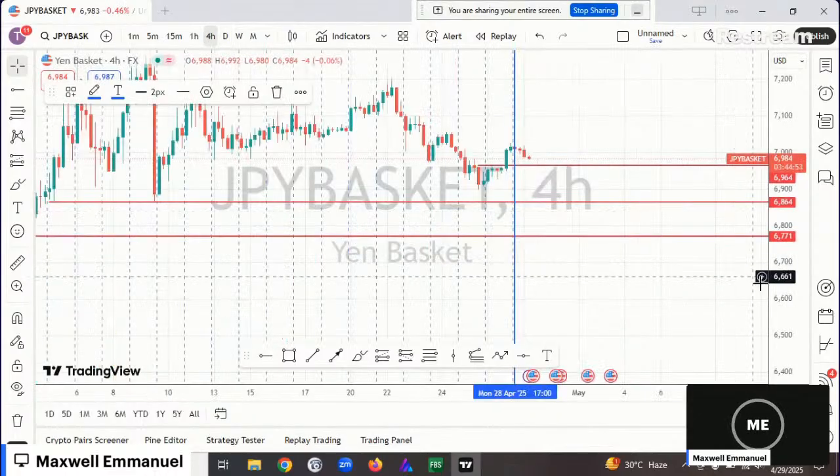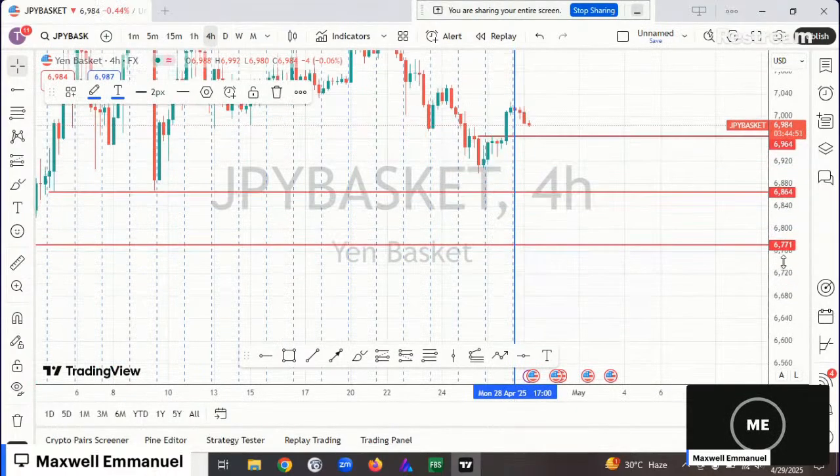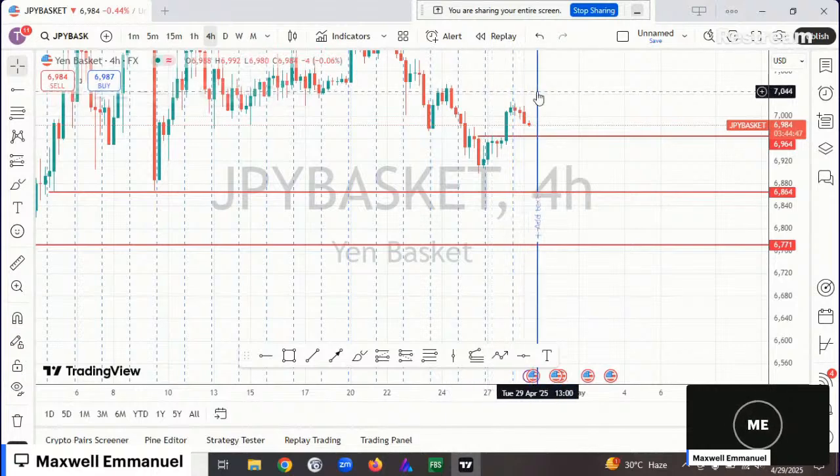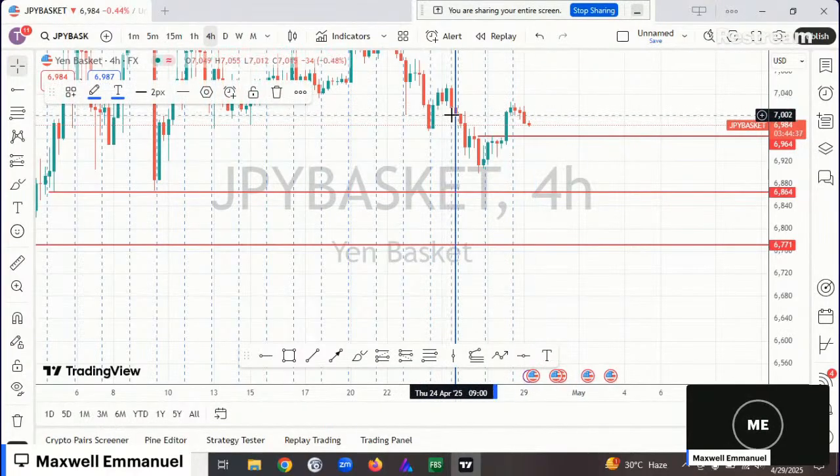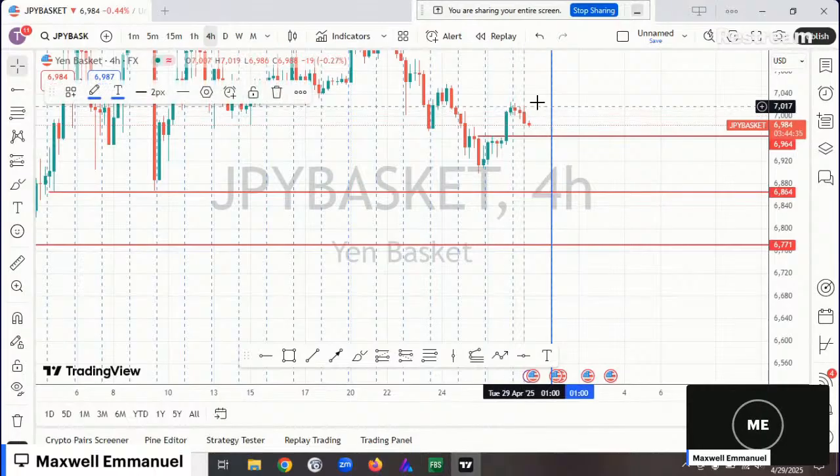Let's see 4 hour. You can see on the 4 hour we have several bearish reversal patterns. You can see this pullback. I think we have a fair value gap here. There's a tiny fair value gap here. That's the reason for this pullback, this buy. Can you see that? Or let's go to